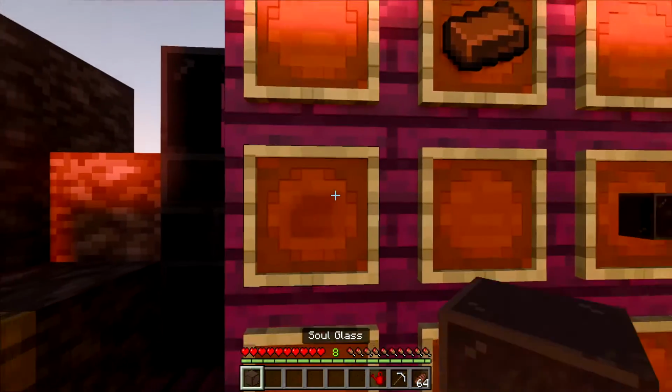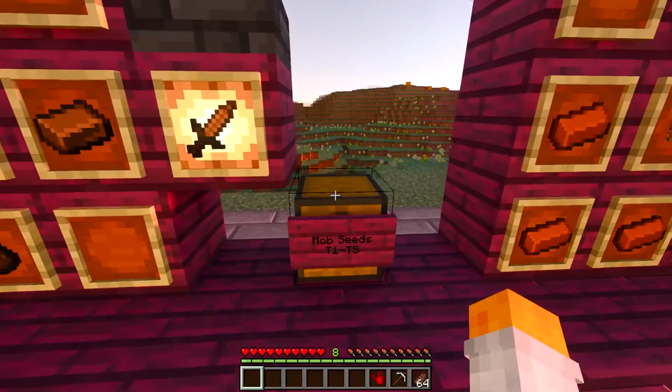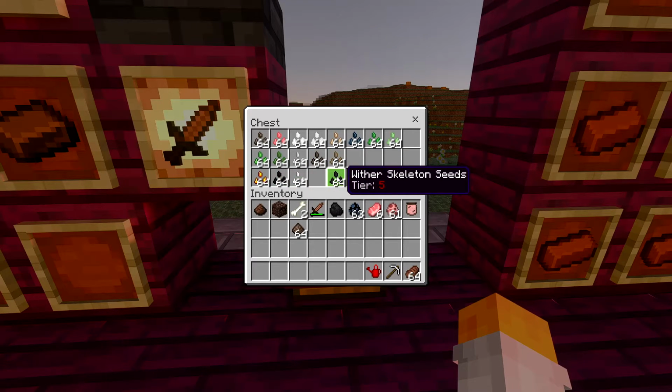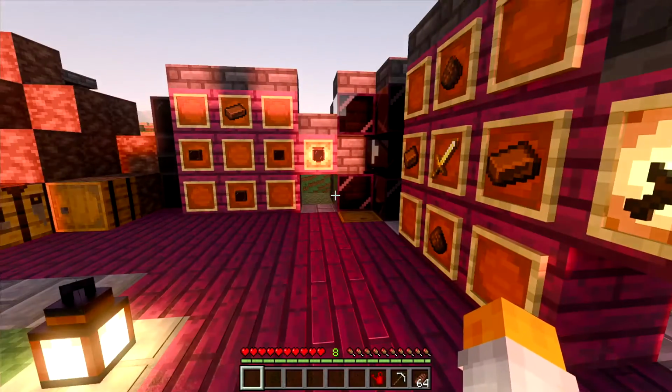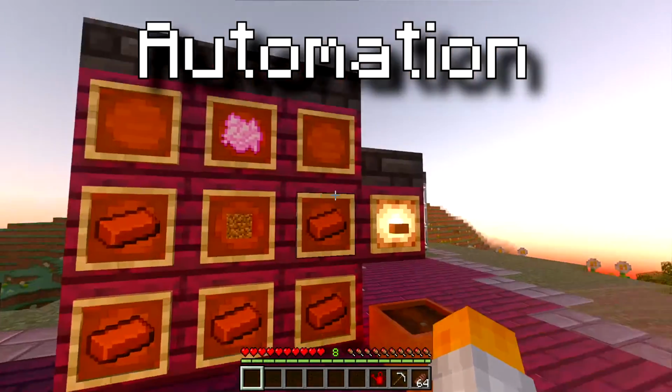What this is, soul glass, is just surrounding glass with soul dust. So just to show you, here's all the mob seeds you can make, all the way up from tier 2 to 5. At this point, you could actually just farm with the skeleton heads to kill as many of the bosses as you like. Now, automation has been one of the most highly requested things to add to this add-on,